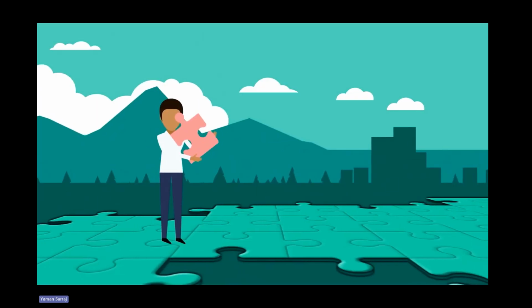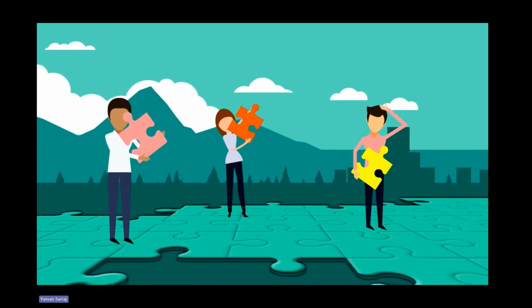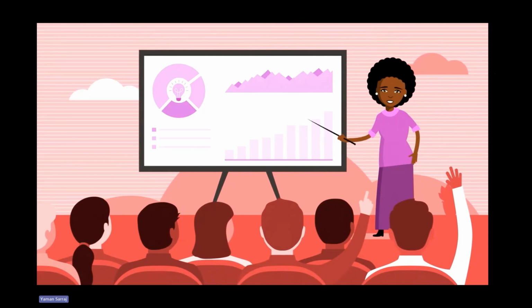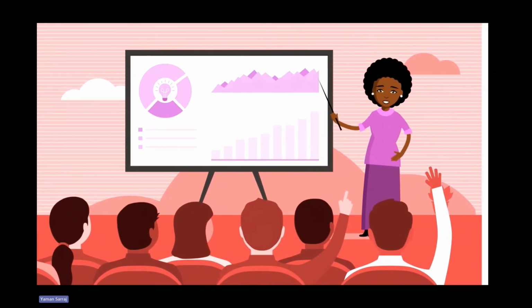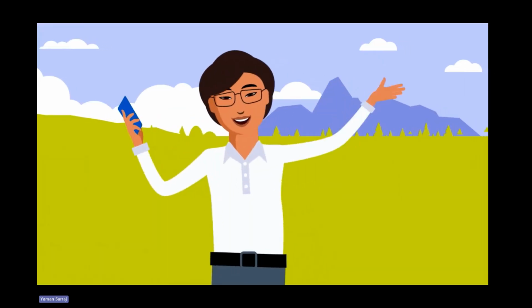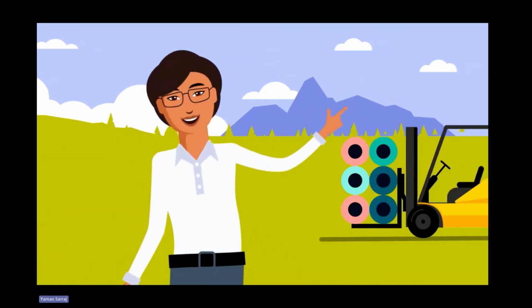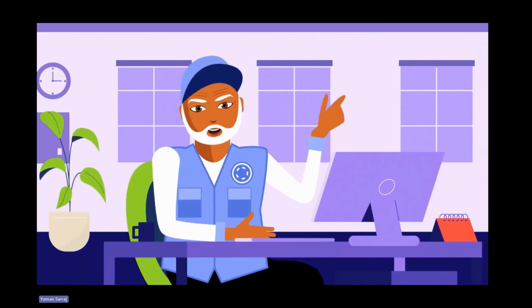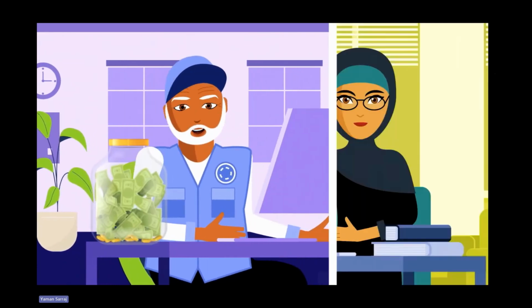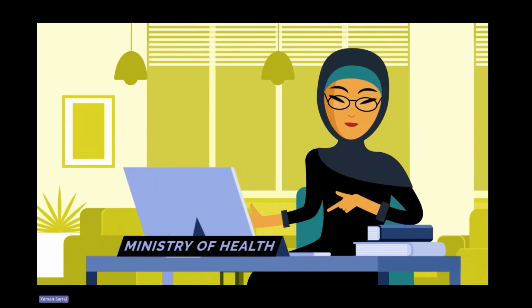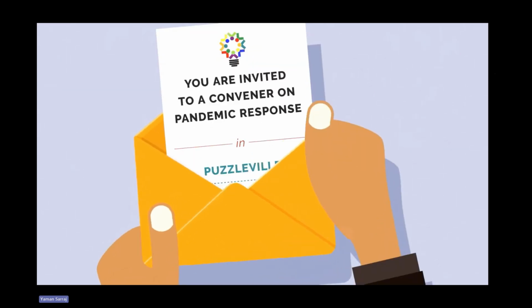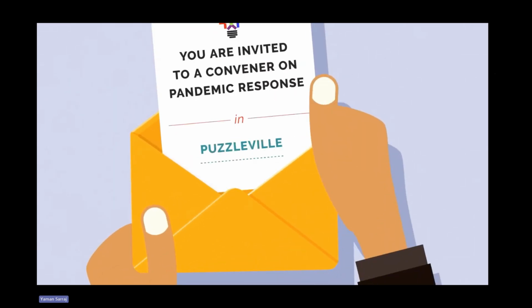There are organizations all over the country who have the capacity to help, but they don't know where to turn. Sade runs a local NGO that trains teachers. Anand has a startup company working with rural cooperatives producing textiles and soap. Dimitri works for an international NGO, and he is a whiz with funding and scaling up solutions. And Meena works for the Ministry of Health, managing supply chain and tracking new cases. They received an invitation from Response Innovation Lab to convene a workshop in the capital, Puzzleville.